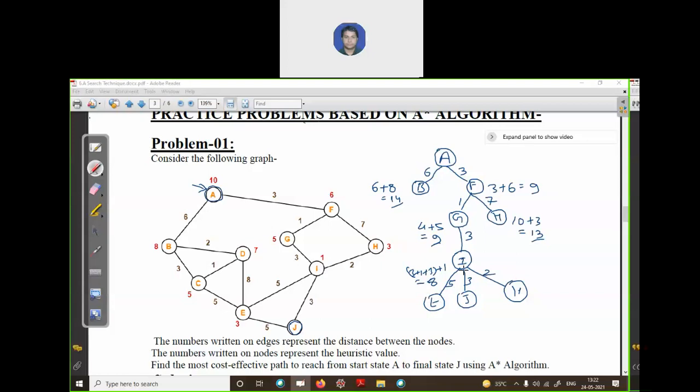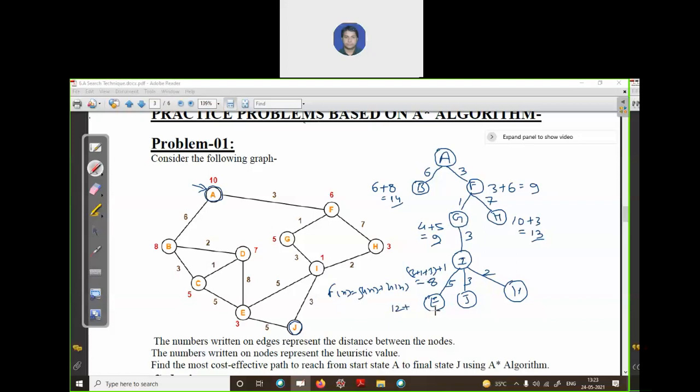Calculate the actual and estimated cost, meaning Fn equals Gn plus Hn. Gn is the actual cost. Calculate Gn for node E from the start node: 3 plus 1, 4, plus 3, 7, plus 5, 12, which is the actual cost from the start node to the current node.